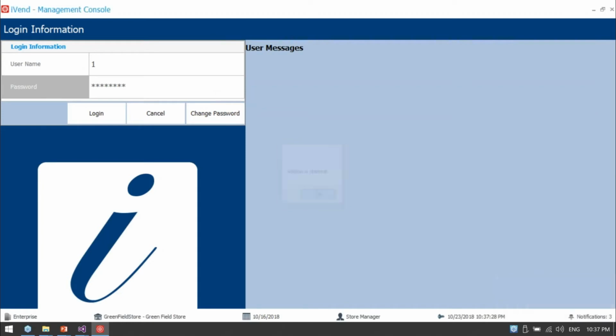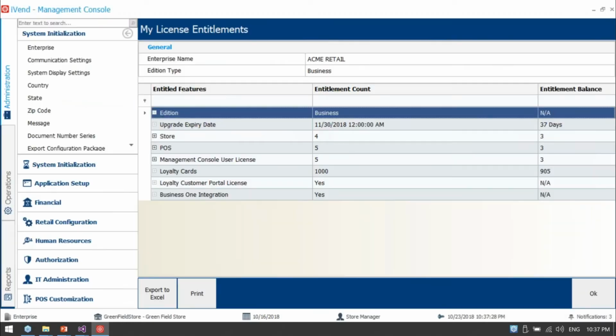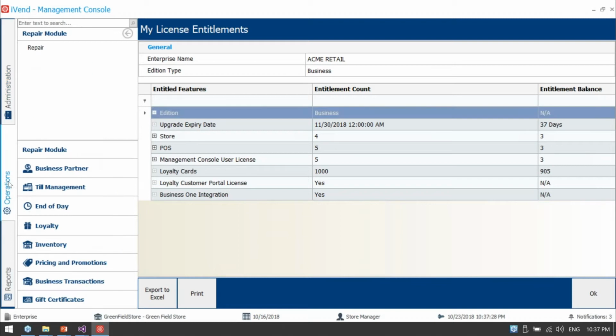So the Management Console add-on is started, and under Operation you will have a repair module, and you have a repair item menu here. When you click this menu, we open the repair form. This is in my message box, and